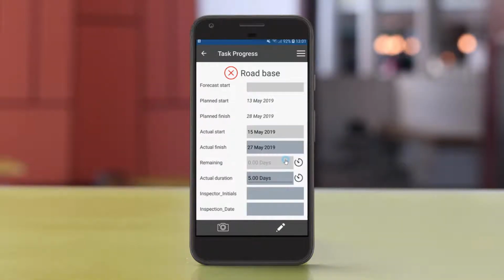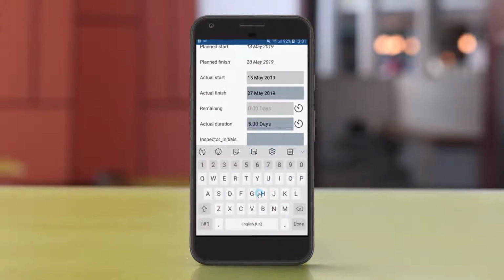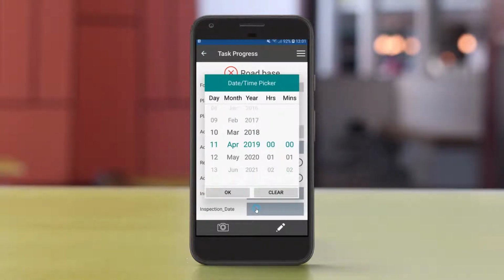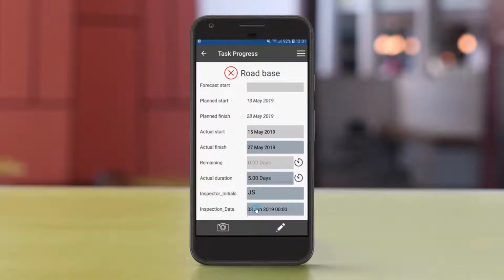And of course, we can also say how long it's taken us to do. So I don't want to edit that. We have taken 5 days. It has been inspected, and that's the information. And again, we've got a date selector if we've got a date field to complete. Even if we have some hours and minutes, we can include that in there. So we have that information. We've done everything about that task, and we can go back to the task list and have a look at